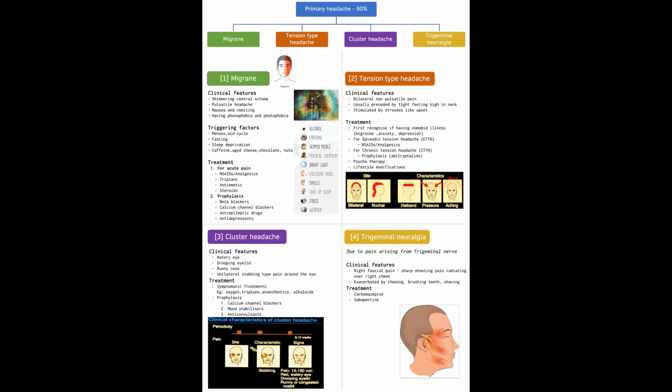So how do we classify these headaches into primary and secondary categories? At first we should do a physical examination, and we should get a proper history about the headache characteristics, location and radiation, quality, alleviating and exacerbating features, associated symptoms, constitutional symptoms, and also we should know about the patient's other disease conditions like diabetes mellitus, hyperlipidemia, smoking, and also hypertension.